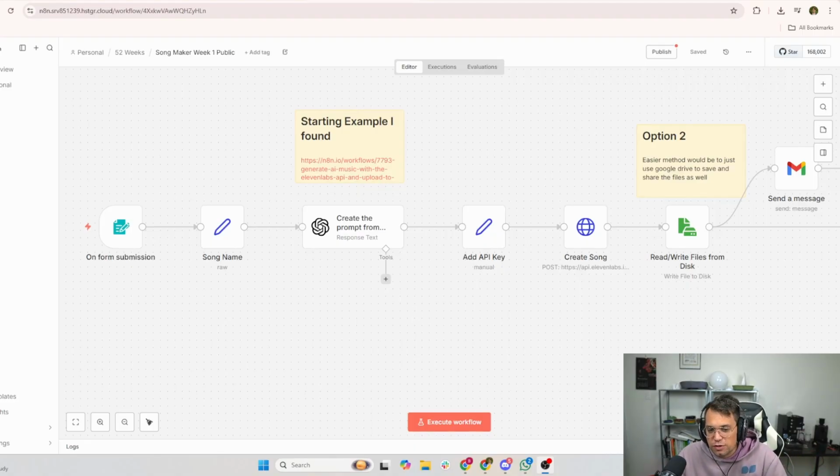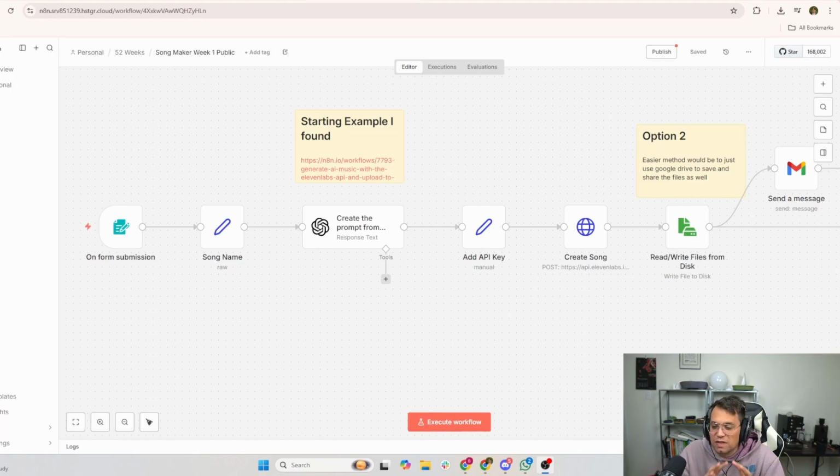As you know, this started as a form submission. One thing I realized is you had to fix the song name, mostly due to the fact that there were inconsistencies when people entered their name, and this could throw errors when saving the file. Then there's the OpenAI key. The idea was that because Firecrawl and ChatGPT can't scrape a LinkedIn profile, I made the user, as you saw, copy and paste their whole profile.